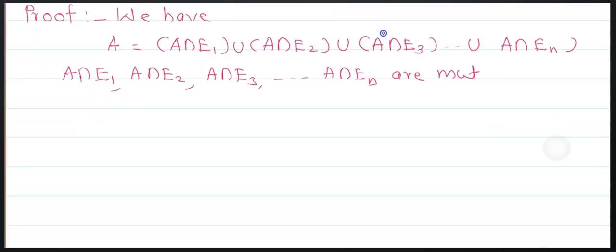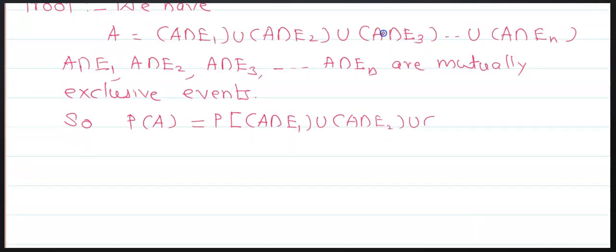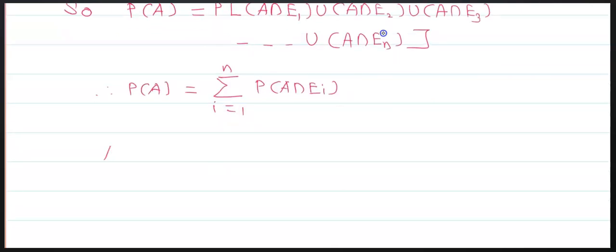That is, A intersection E1, A intersection E2 up to A intersection En are mutually exclusive events, and so probability of A is equal to probability of A intersection E1 plus probability of A intersection E2 plus probability of A intersection E3 up to probability of A intersection En. Therefore, probability of A is equal to the summation i equals 1 to n of probability of A intersection Ei, and also probability of A